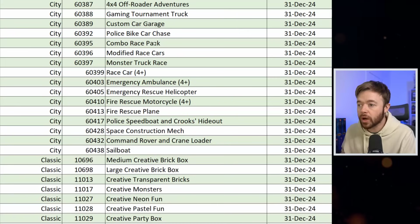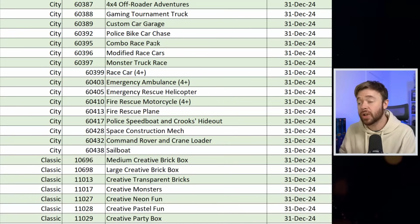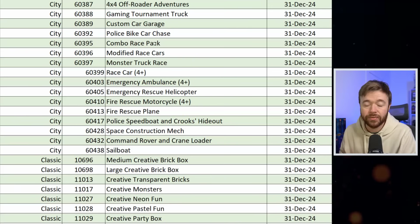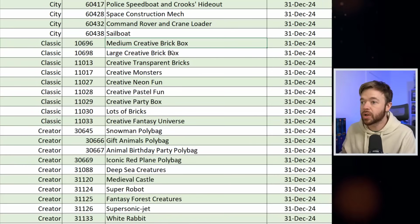So a lot going on in Lego City. It is a theme that a lot of Lego investors actually ignore. It is a theme that can do okay as an investment if you can get great prices on the sets. And next up we have Lego Classic here with a lot of the brick boxes, medium creative brick box, large